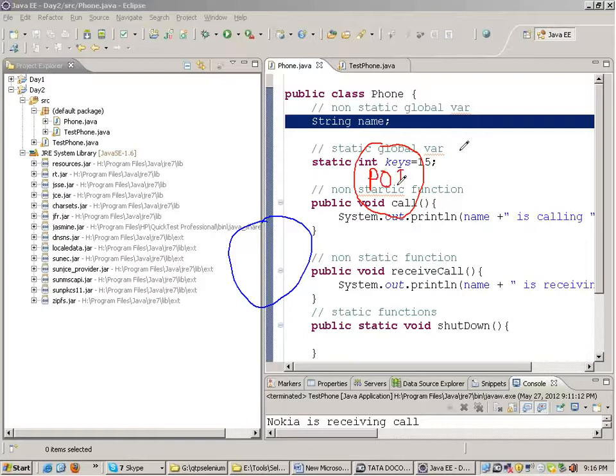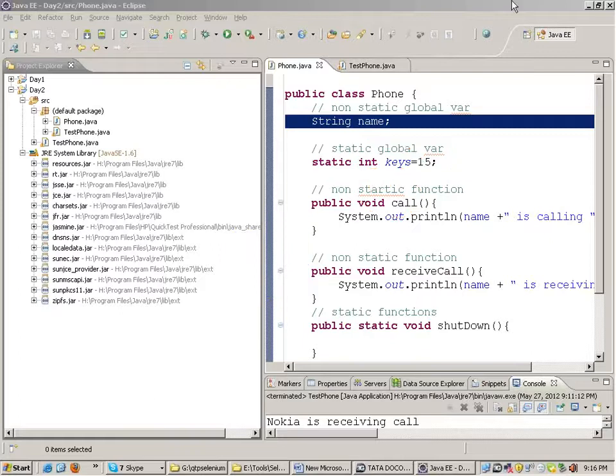POI API is used to read XLS files with the help of Java. You can write your own Java code to read Excel files, but somebody else has already written the logic to read them, so let's use that logic.